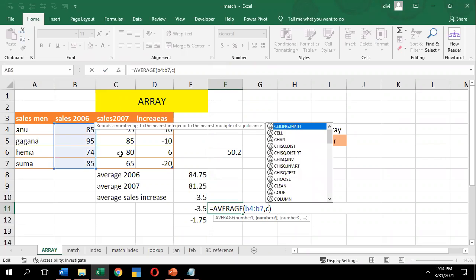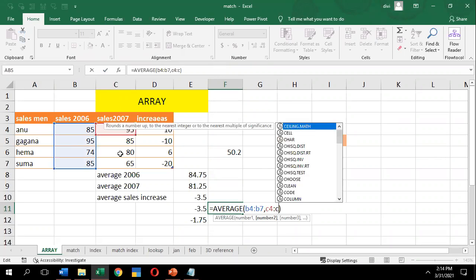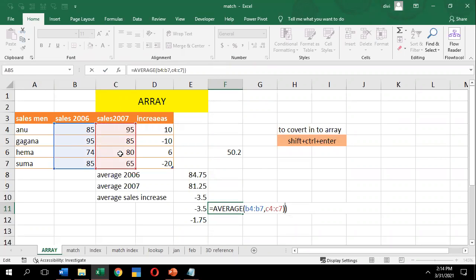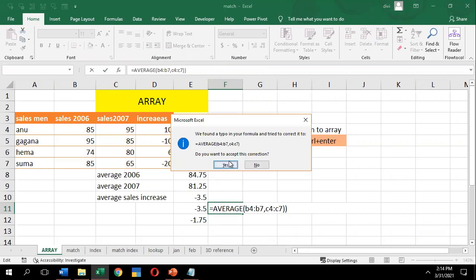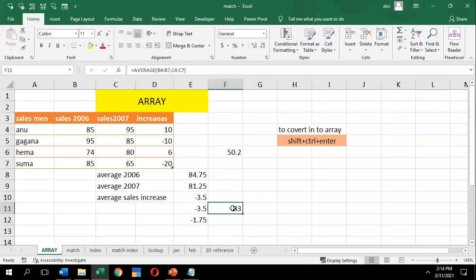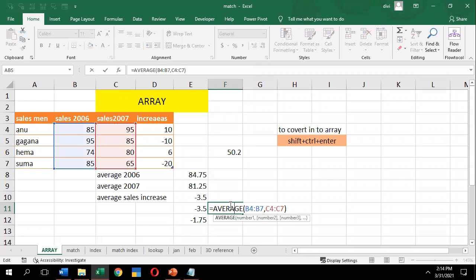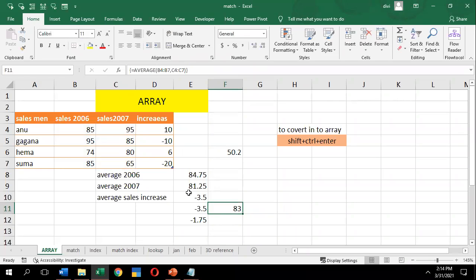If I click Enter, I won't get a proper result. I got 84, but it's not the actual average of the sales. If I use Control Shift Enter, I'll get the actual value.